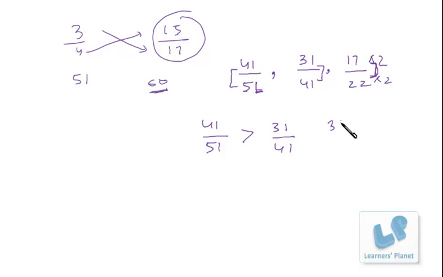So it is 34 by 44. Now the difference between numerator and denominator in all three cases is the same. Now we can easily make the comparison of which one is the greatest and which one is the least. So this is the greatest, then this. So you can easily arrange them in ascending or descending order.